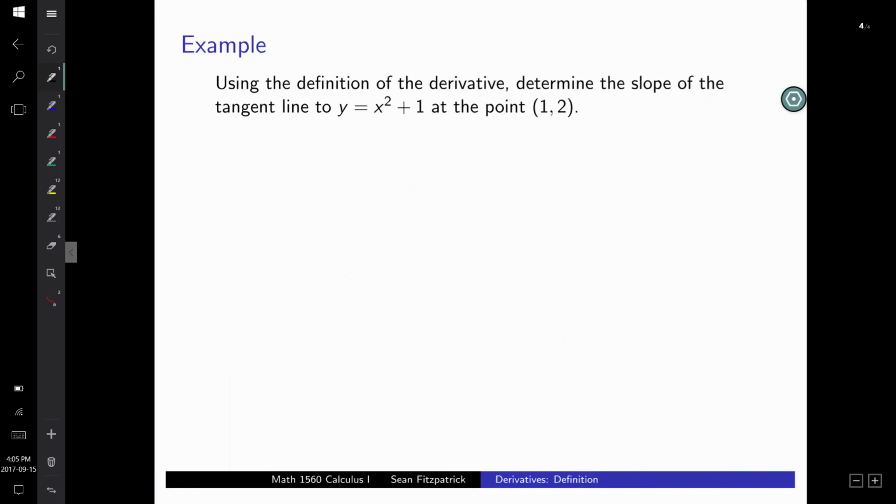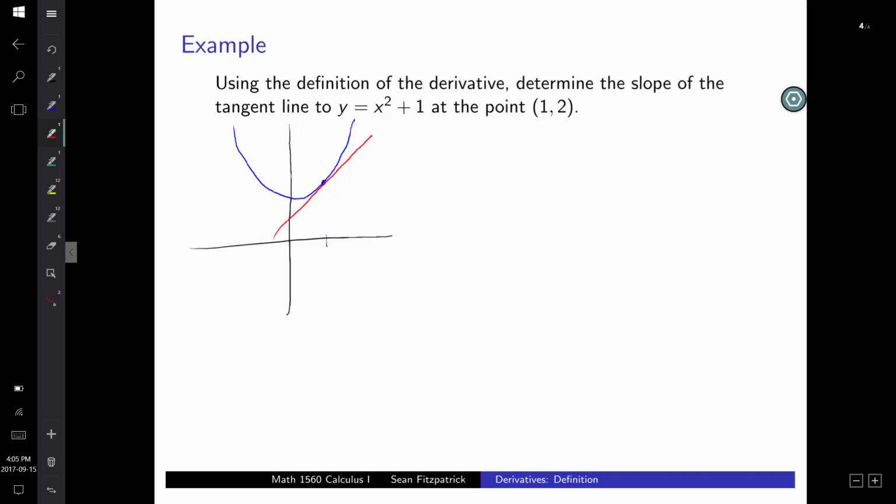We'll end with one example. We'll do some more complicated ones next time. So let's say I want to determine the slope of the tangent line to this graph. So let me draw the picture for you. So we've got a parabola here, y equals x squared plus 1. We're at the point (1, 2). And we want to know the slope of